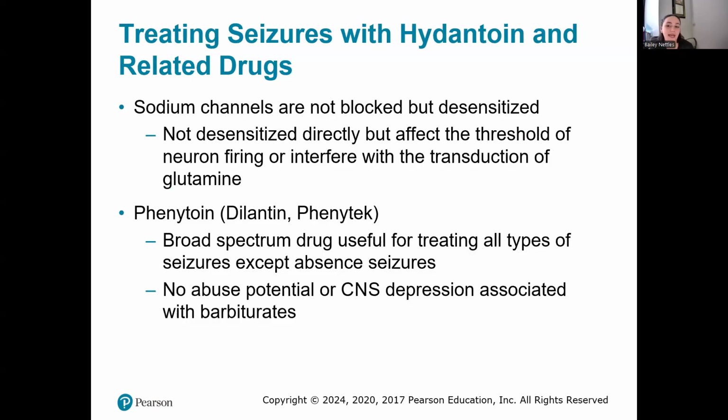All right, so hydantoins and other hydantoins. Phenytoin is a hydantoin. It is a very common drug, and it is a very dangerous drug. It's got a lot of problems, so let's talk about it. They work on the sodium channels. Our sodium channels do so many things in our body, and that's why you can have lots of side effects.